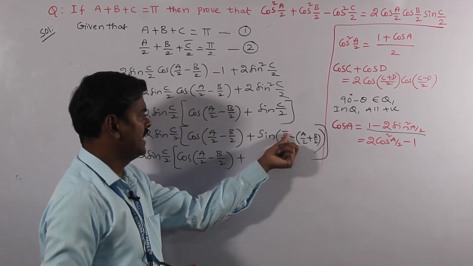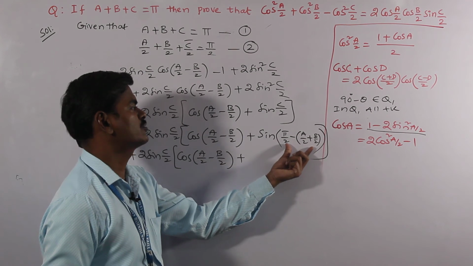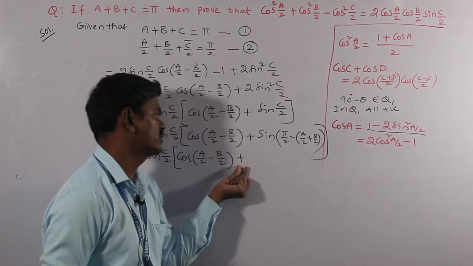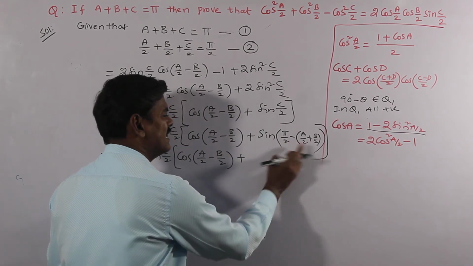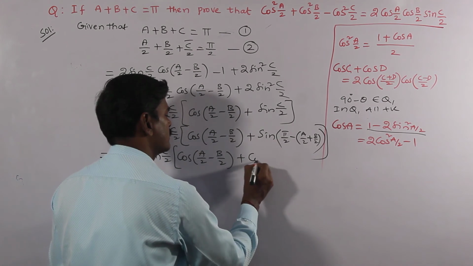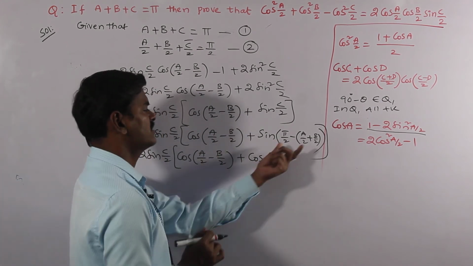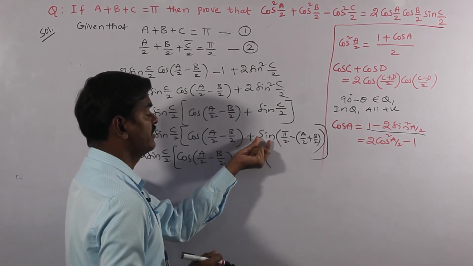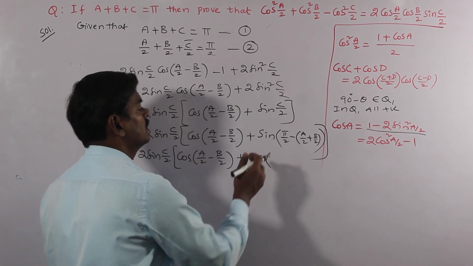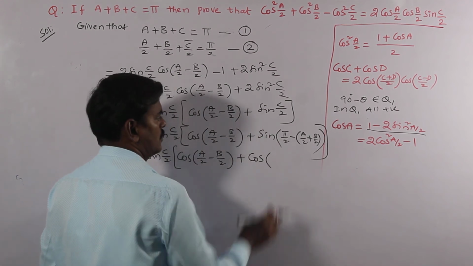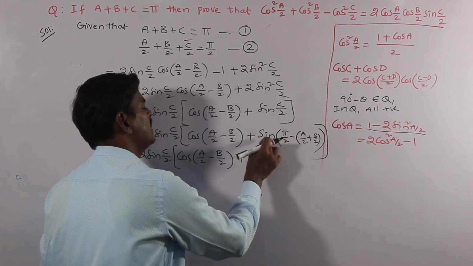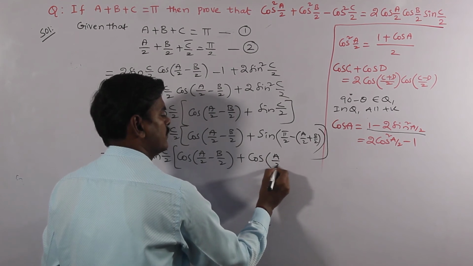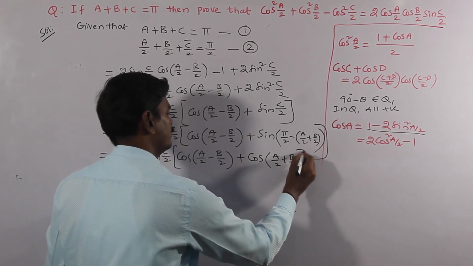once again 90 degrees minus theta belongs to the first quadrant. In the first quadrant sin is positive, and already we have positive. Next, due to 90 degrees minus theta, sin changes as cos. So you have to concentrate on three things: first decide the quadrant, next decide the sign of the given ratio, and next think about whether the ratio changes or not. So in the case of 90 degrees minus theta, sin is going to change as cos, and write the angle part the same, a by 2 plus b by 2.